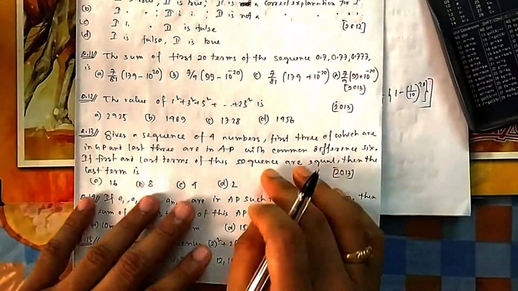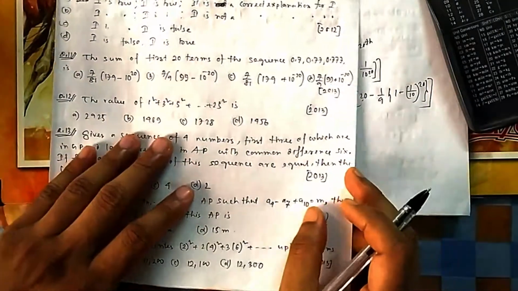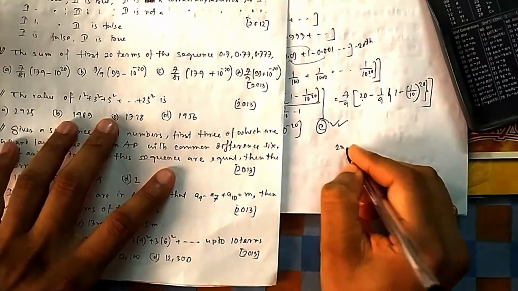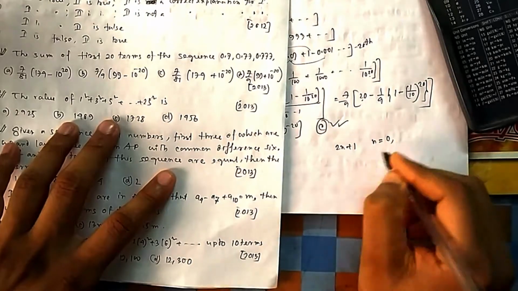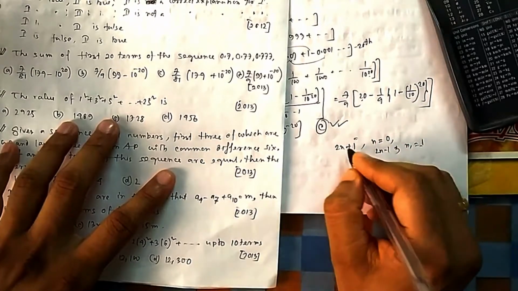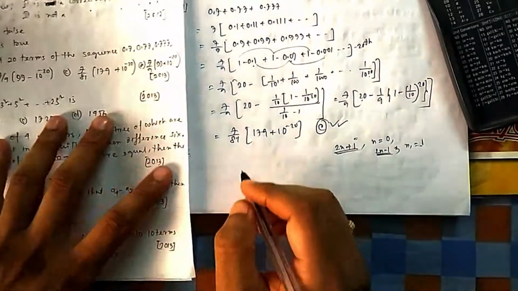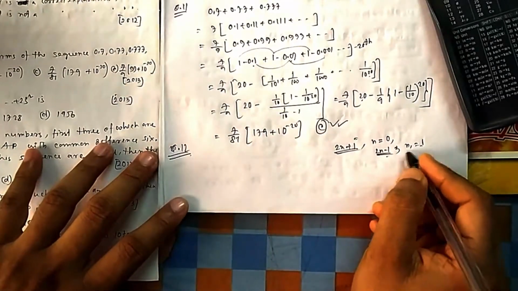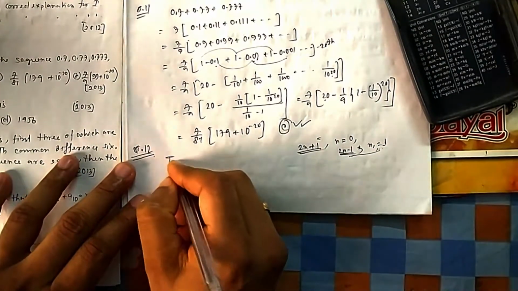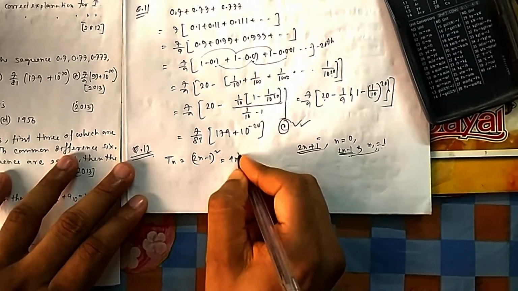If you come to this one, 1 square, 3 square, 5 square, these are all odd numbers starting. Odd numbers you can write as 2n plus 1 also, you can write as 2n minus 1 also, but if you start with 2n plus 1, that means your n should start from 0. If I am writing 2n minus 1, that means my n should start from 1. That is the difference. Suppose 2n minus 1, generally I prefer this one to start from 1, so the total terms will also be the same. So here Tn is 2n minus 1 whole square, which is nothing but 4n square minus 4n plus 1.